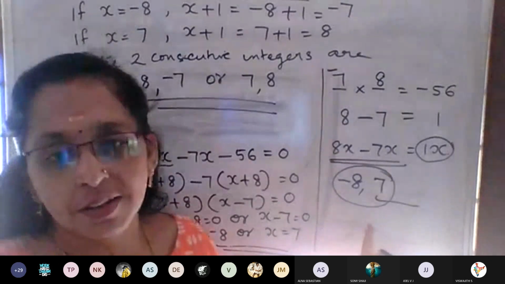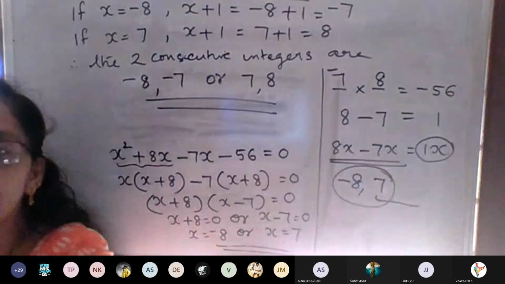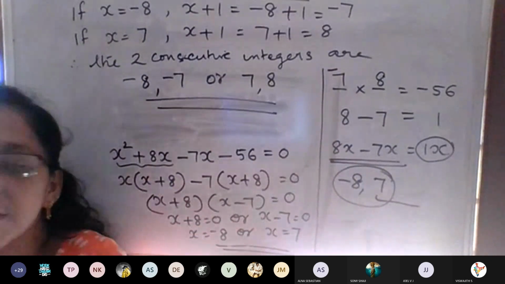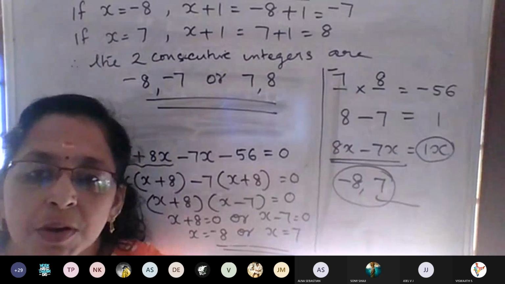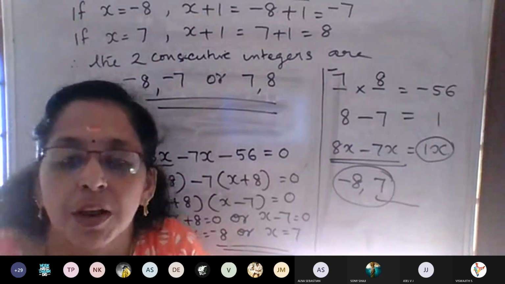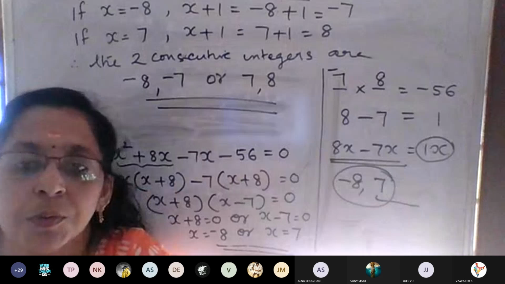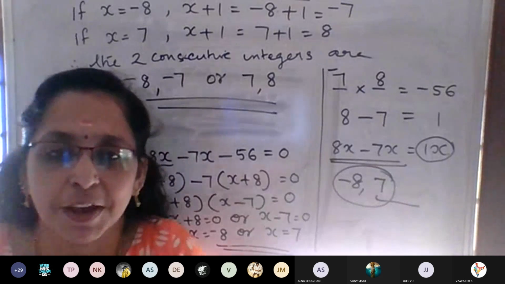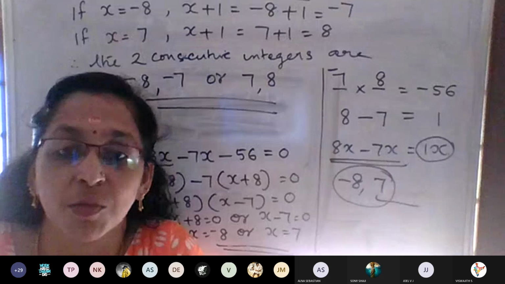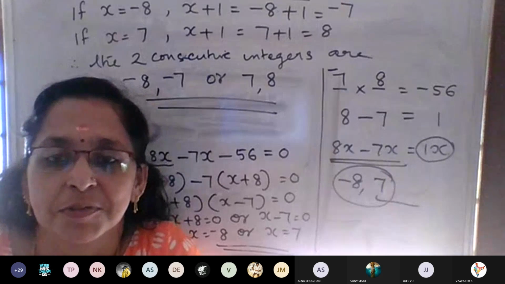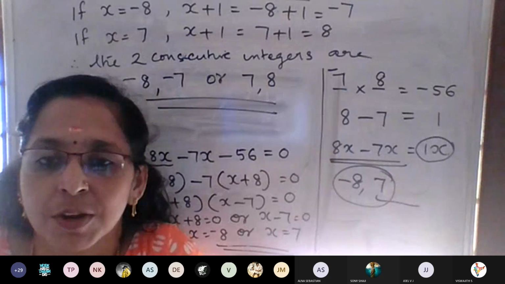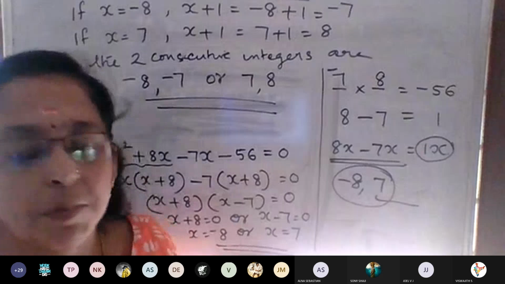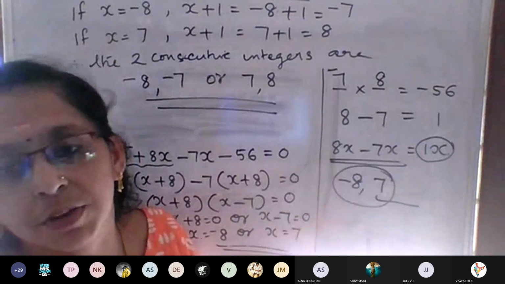If you are doing it like this, suppose I don't know how many marks the question will be. Multiple choice usually means a 1 mark question, but for maths I don't know how many marks we will have. But if it is a 5 mark or 4 mark question, what will happen? Full marks will go. If you make a mistake in this, 4 marks will go.